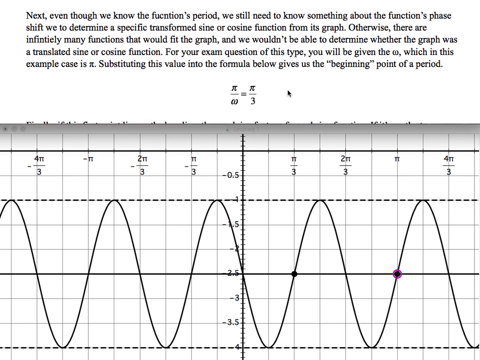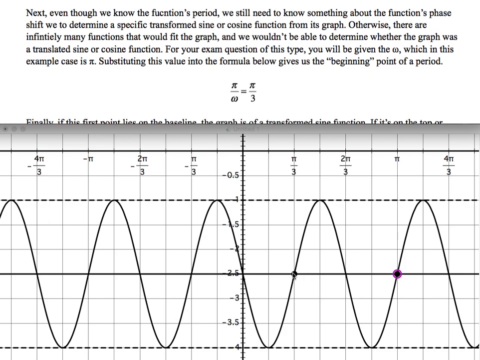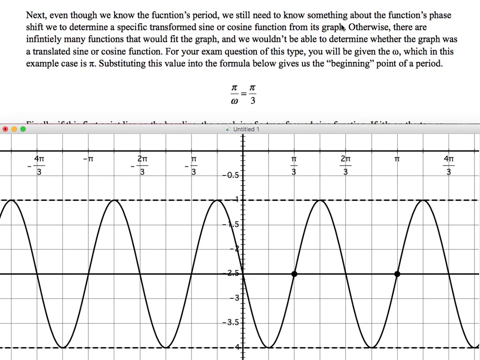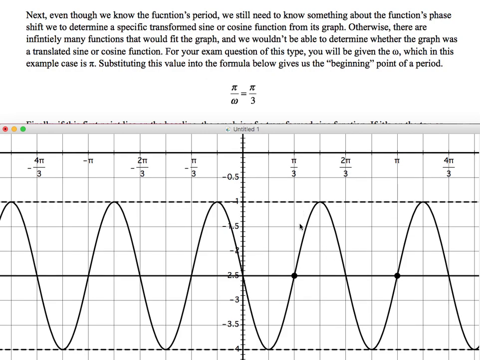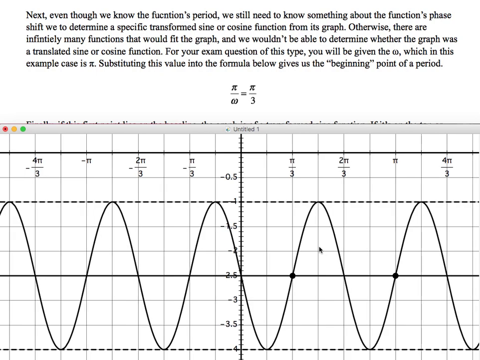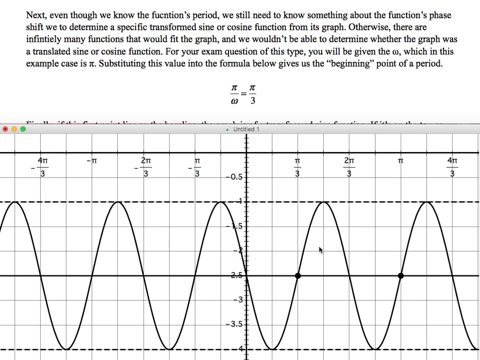And now, even though we know the function's period from measuring this distance, we still need to know something about the function's phase shift in order to determine a specific transformed sine or cosine function from the graph. Otherwise, there are infinitely many functions that would fit that graph, so that the phase shifts could start here, or it could start here, or any point where the function intersects the baseline on the entire function. So actually it wouldn't have to intersect the baseline. It could intersect the top line or the bottom line or any line in between. But there would be infinitely many, so we need to know something about that